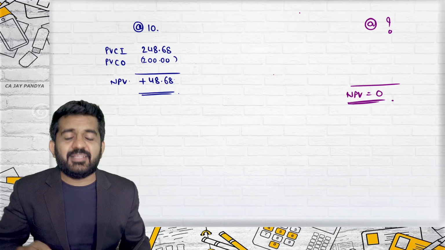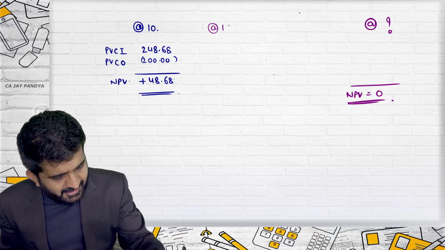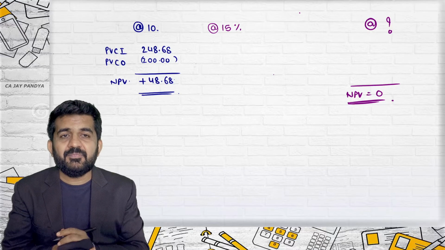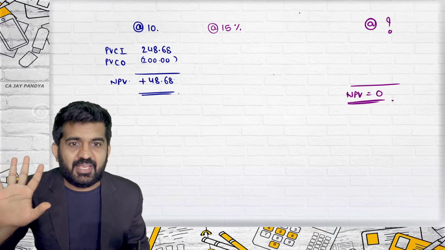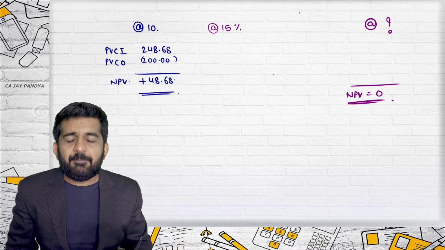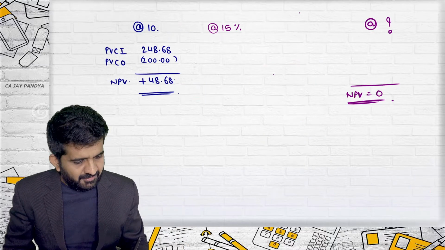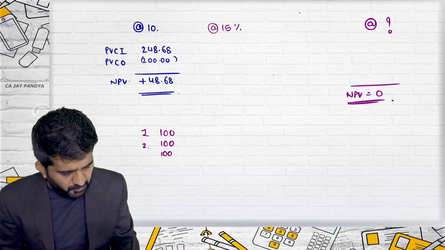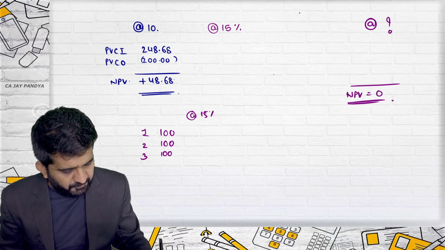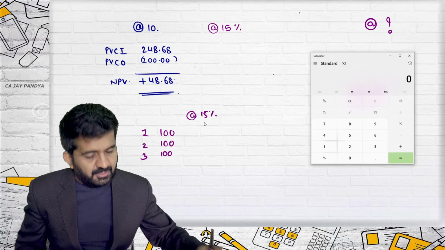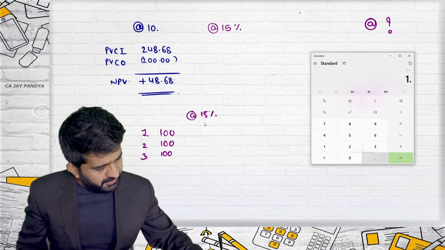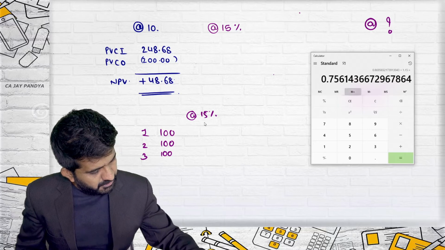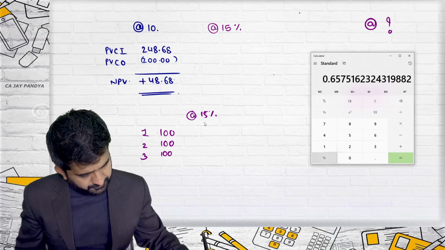I am trying that at the rate of 15%, NPV will come 0. I am not sure. What will be the present value of cash inflow? I will have to discount 100 rupees 3 times. This was my cash inflow, 1, 2, 3 at the rate of 15%. How will I do it in the calculator? Present value of cash inflow: 1 divided by 1.15 equals, M plus, equals, M plus, equals, M plus,